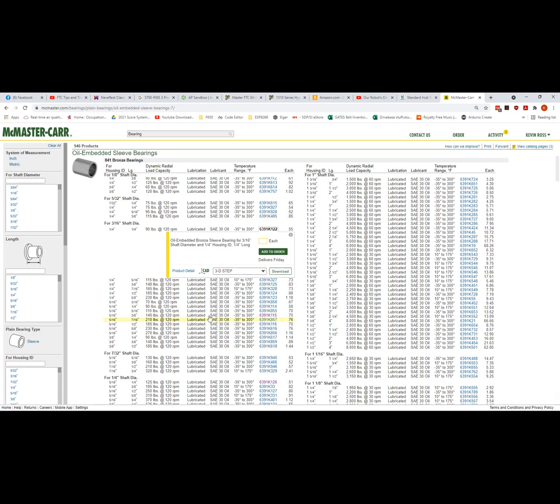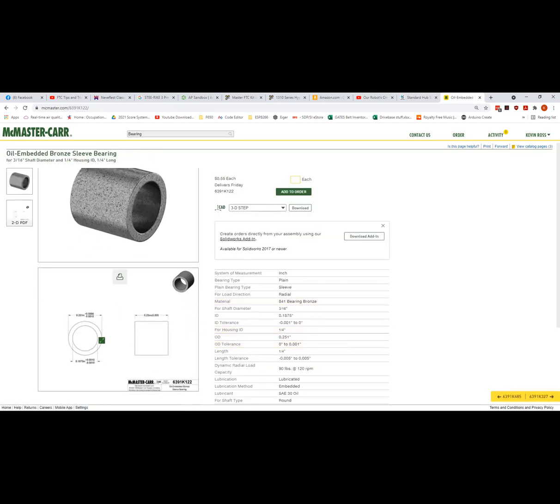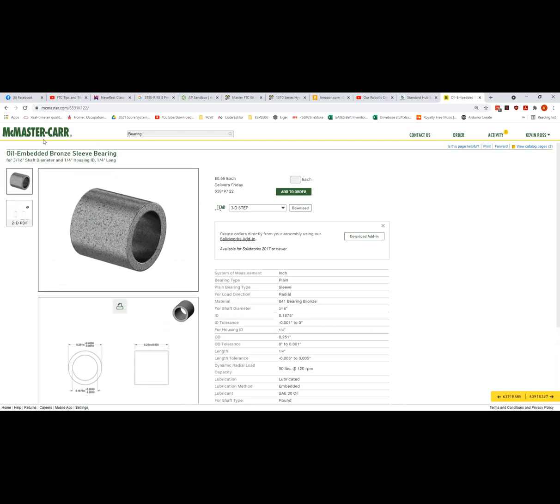Right? Yeah. And the nice thing about product detail on McMaster-Carr is that when you click on it, it gives you, on this very simple part, the basic dimensions on how to draw the thing. You can also download a 2D PDF of the thing, but you can also get these CAD formats. You can get it for SolidWorks, and STEP file is the